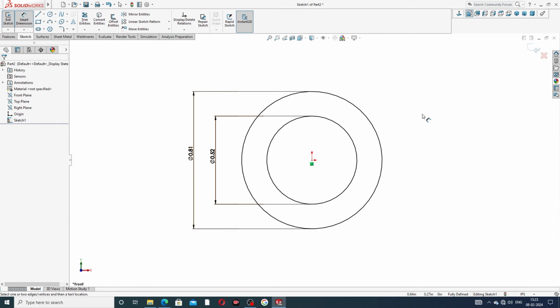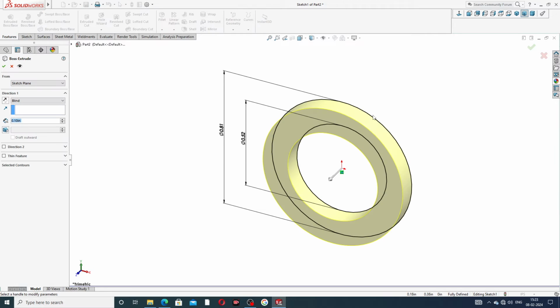Going to Extrude Boss, and the direction is reverse.